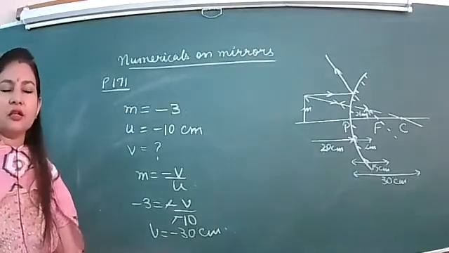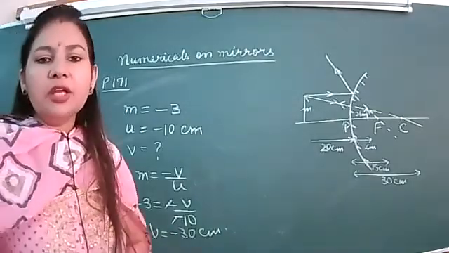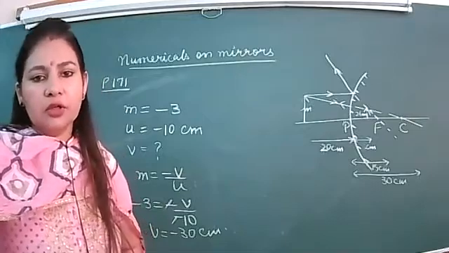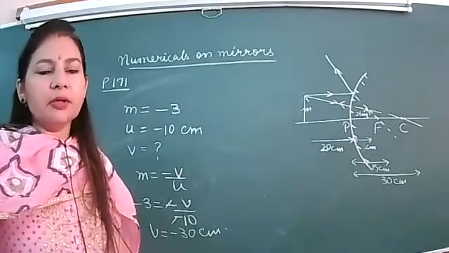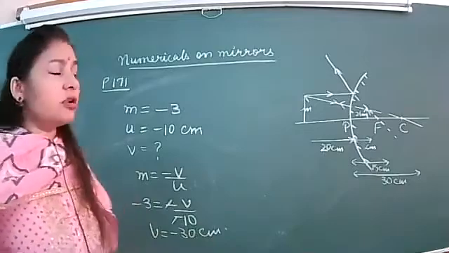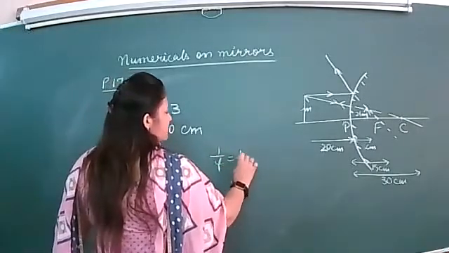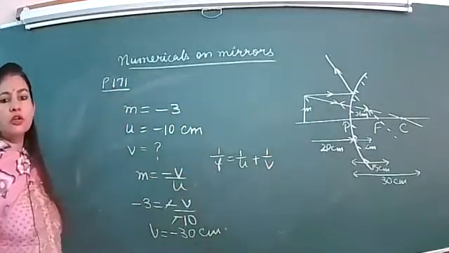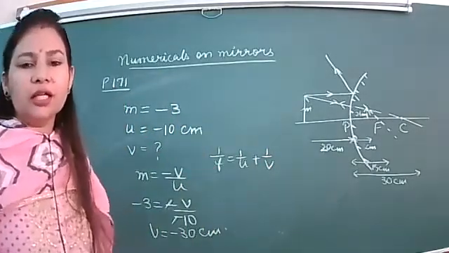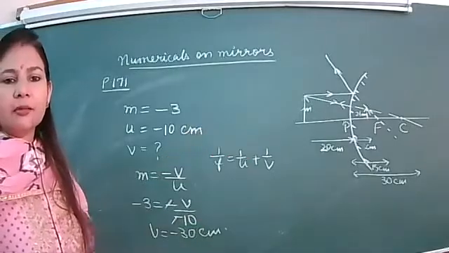So this numerical is also clear to you. Now, if you want to draw its ray diagram, we need to find its focal length also. They asked for V, so up to here it's okay. But if you want to draw the ray diagram, you must know the focal length. For that purpose you can use 1/f is 1/u plus 1/v. You have v also, you have u also. You can solve and find focal length f from here. And then accordingly you can draw the ray diagram of the concave mirror.